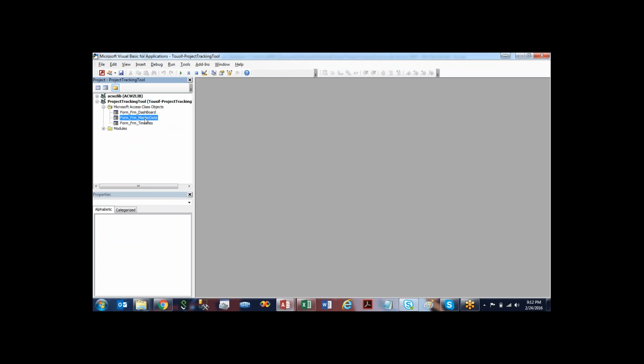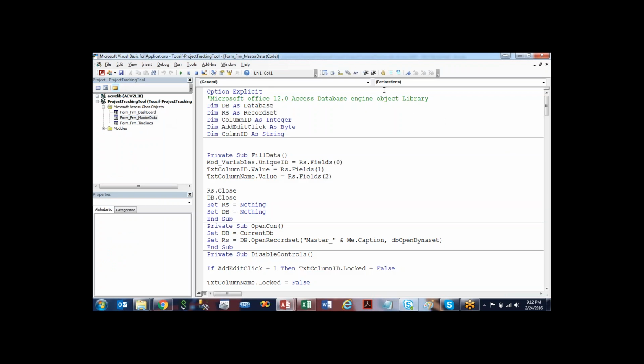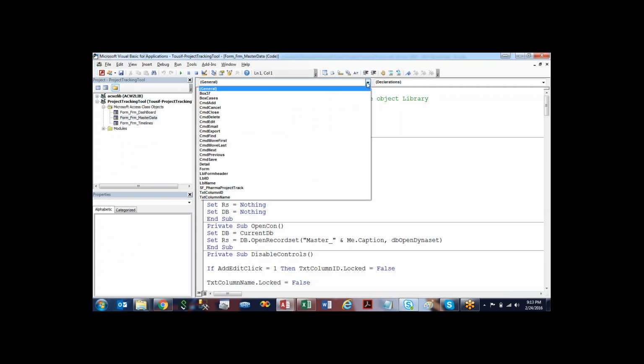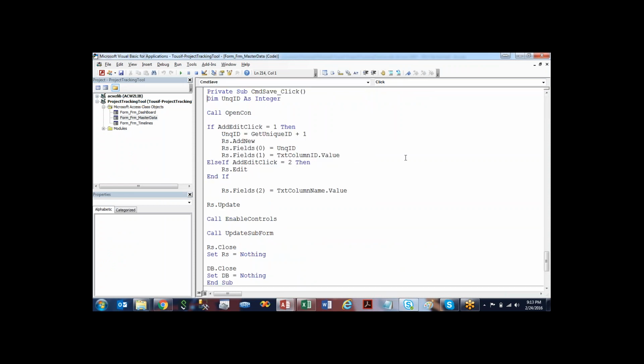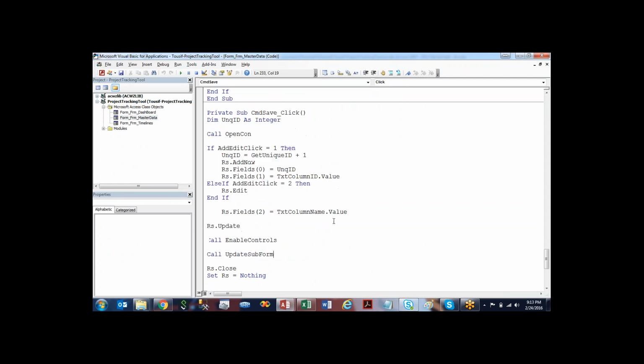We need master data. CMD save. After it updates,